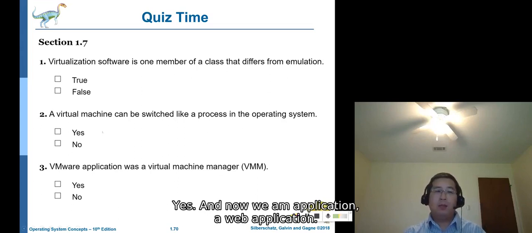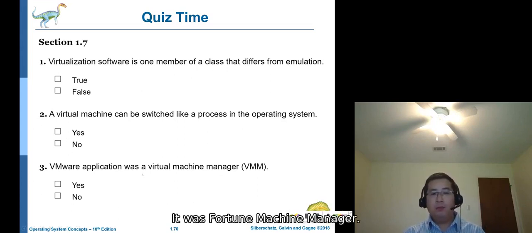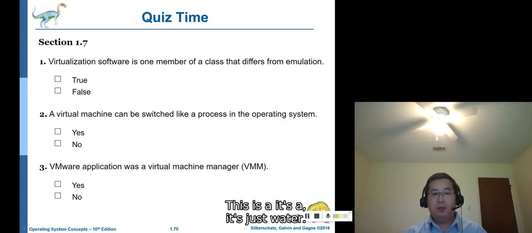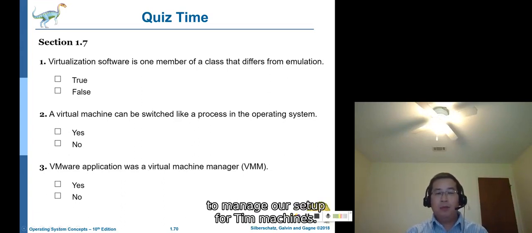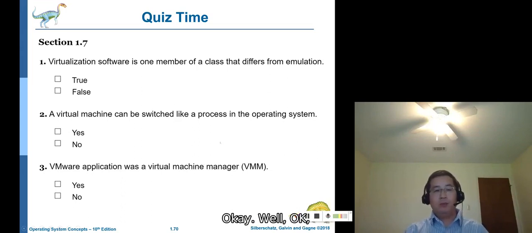And the VMware application is a virtual machine manager. Yes, correct, because we use it as a manager to manage a set of virtual machines.